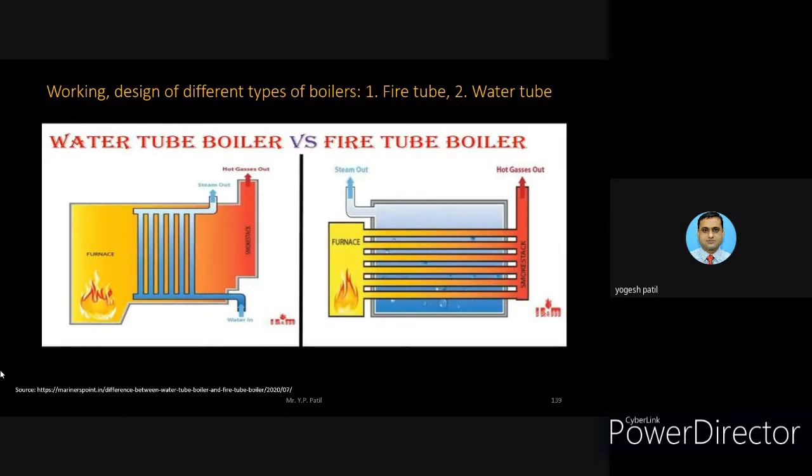On the other side, in the fire tube boiler, the hot gases pass through the tubes, and the complete other shell portion is filled with water, and there is an outlet for the hot gases, as well as for the steam that is generated. That is also the result of this boiler. There is one portion, the furnace, where the fuel gets ignited to generate the heat, and due to that the hot gases are circulated inside the boiler.